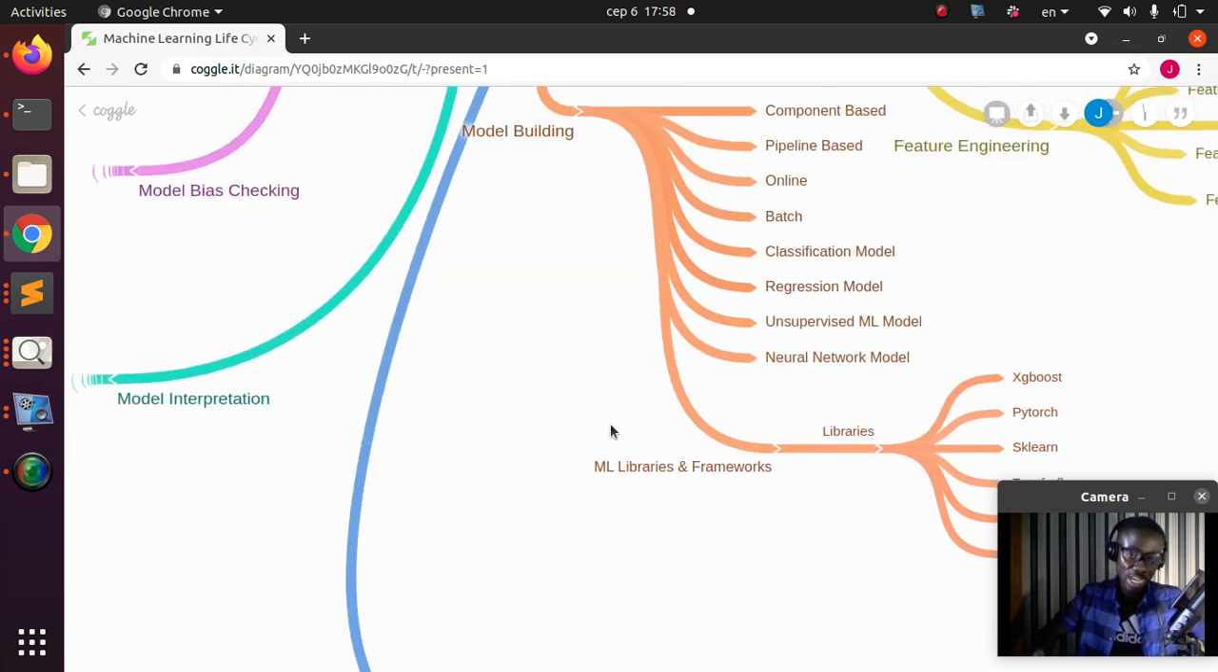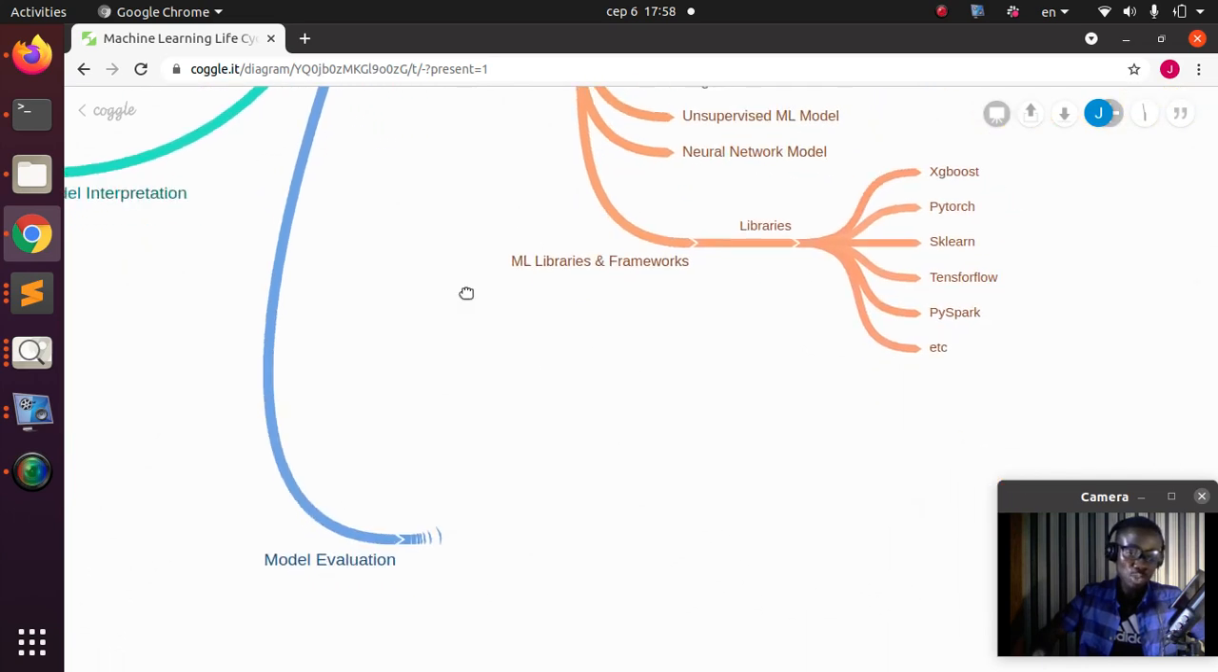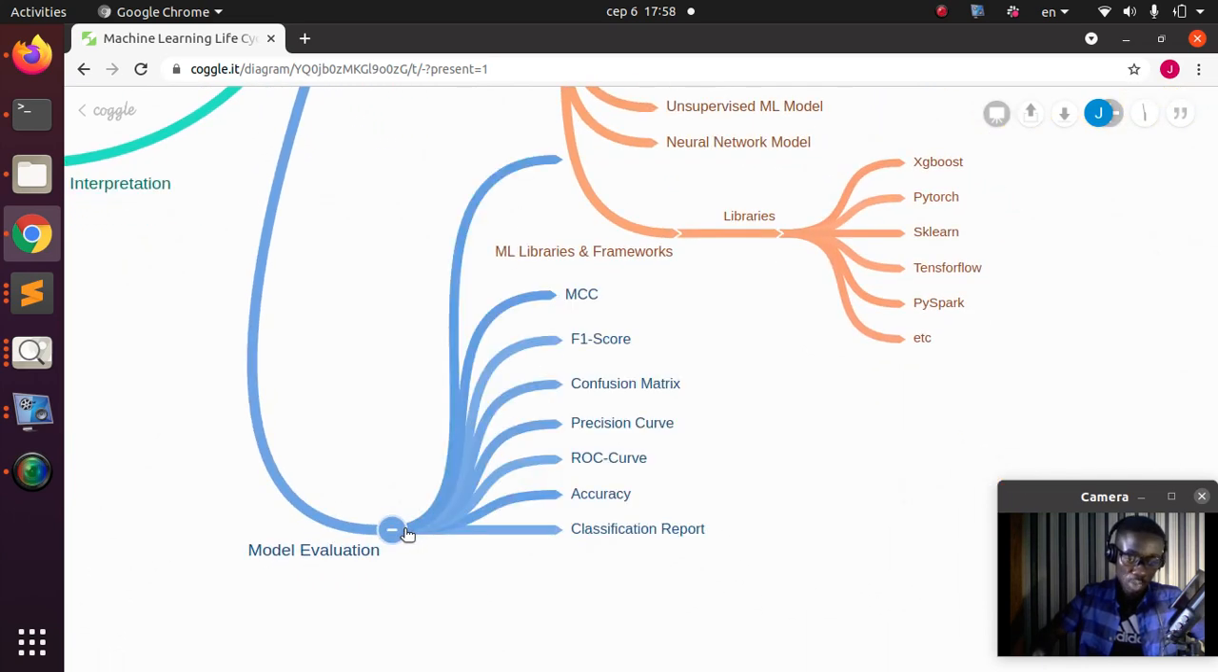Still about the models, after building your model, it's important that you evaluate your model. In evaluating your model, in case you are doing a classification problem, you're supposed to check for the accuracy of the model and do a classification report. You must do cross validation, model validation. You must check the ROC curve, precision curve, confusion matrix, F1 score to check the performance of the model, and MCC, the Matthews coefficient score, which is very important, which combines precision, recall, true positive, true negative, false negative,